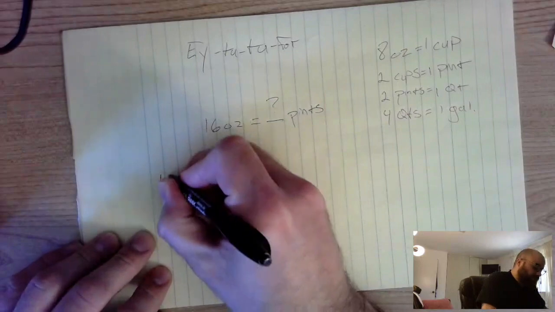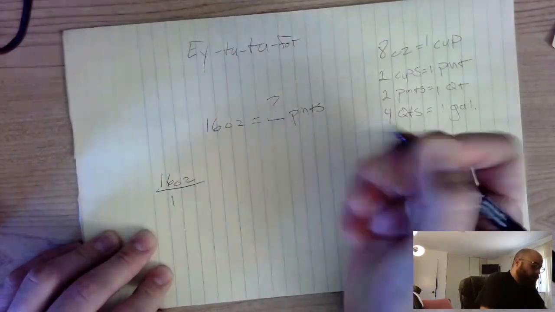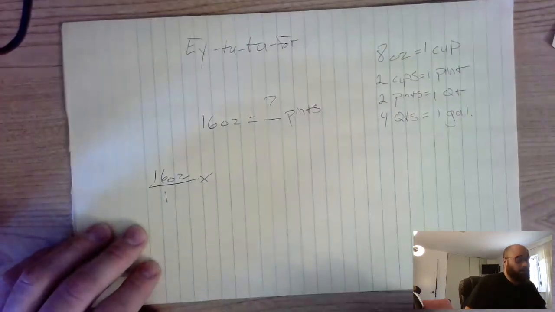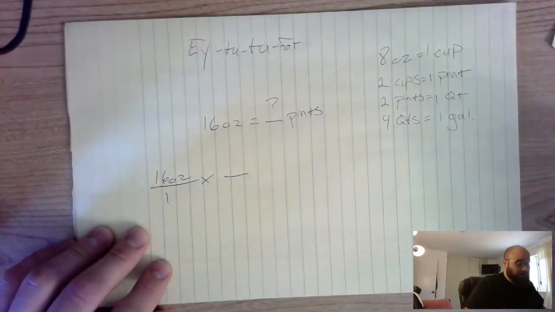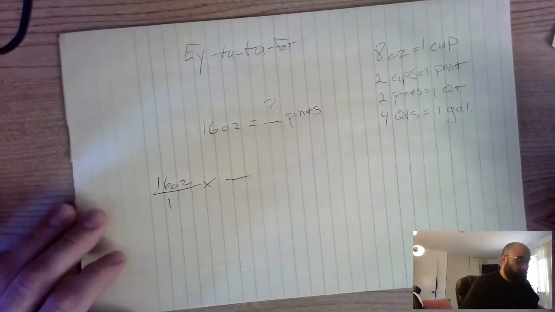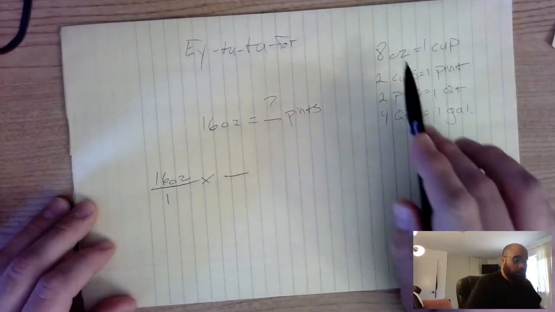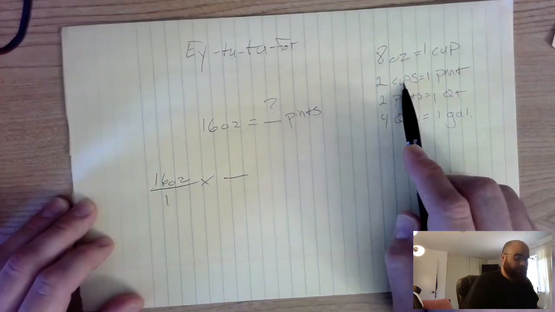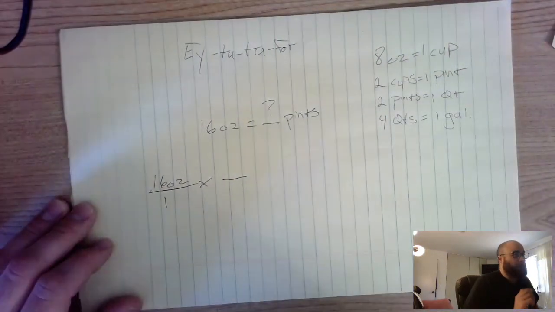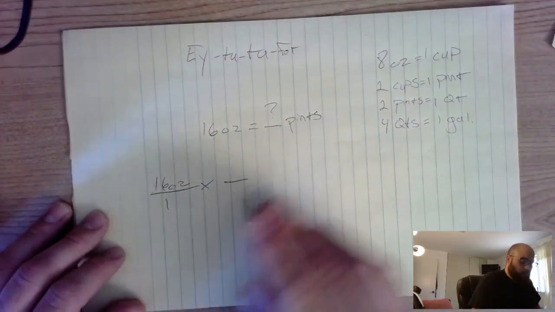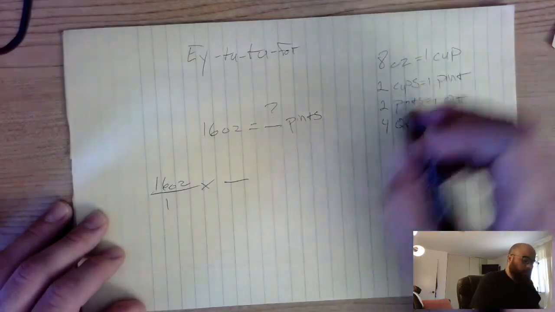So first I take 16 ounces and put it over 1. I can do that every time. Okay? I'm going to multiply. I always multiply by conversion rates. And now I just need to find which one I want. So first look for if I have ounces to pints. I see ounces here. I see pints here. Now I see cups and pints. So I'm going to have to go first to ounces to cups and then cups to pints. So let's try this. So you can see 16 ounces over 1. We end up with 8 ounces